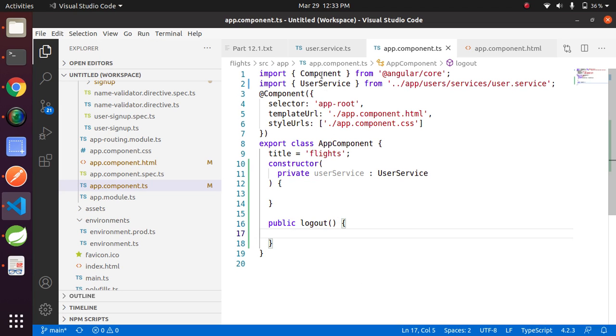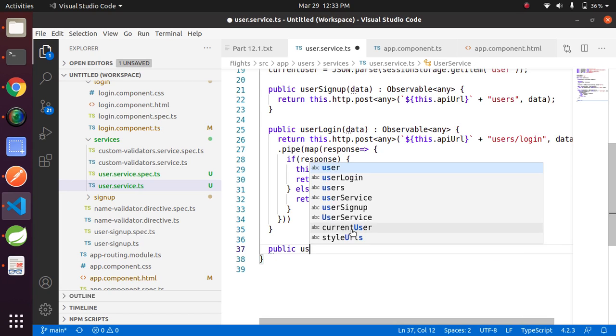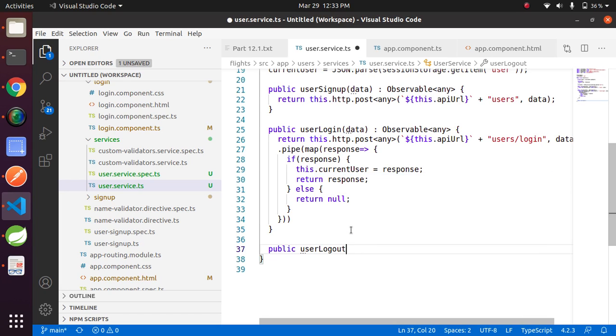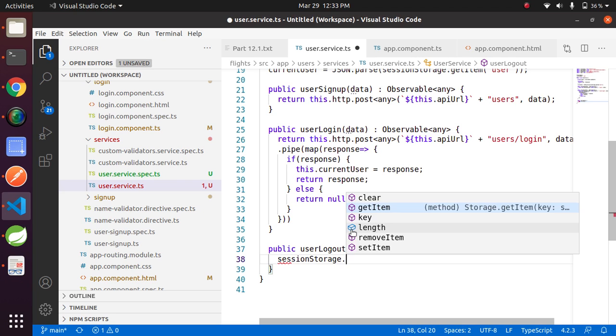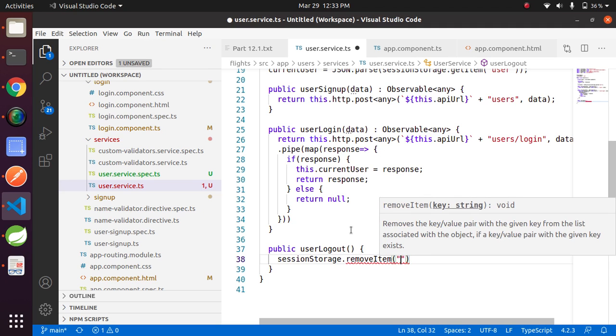We will do the same with the help of service as well. So let's create a method in user service, public user logout: session storage dot remove item, and that is user.